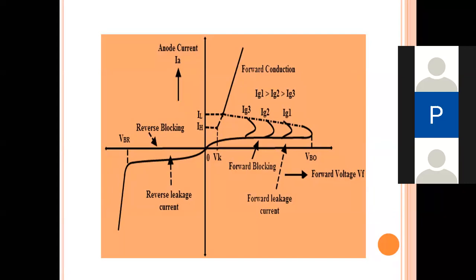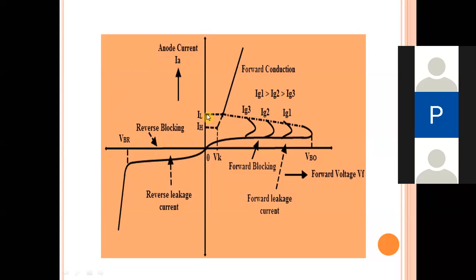Okay, so what is the difference between these two currents? For instance, it could be 5 milliamps and it could be 3 milliamps. For example, a typical SCR may have the latching current of 5 milliamps and the holding current of 3 milliamps. A narrow difference between these two is going to be provided.